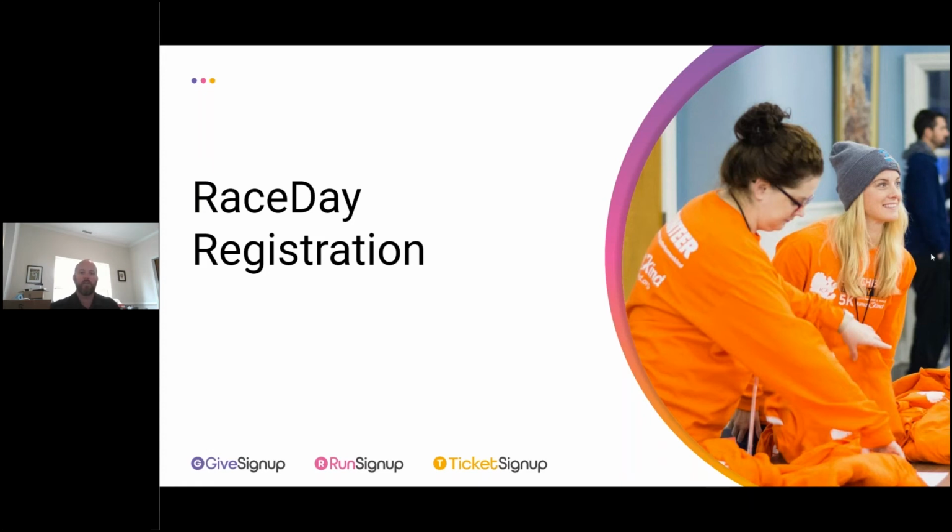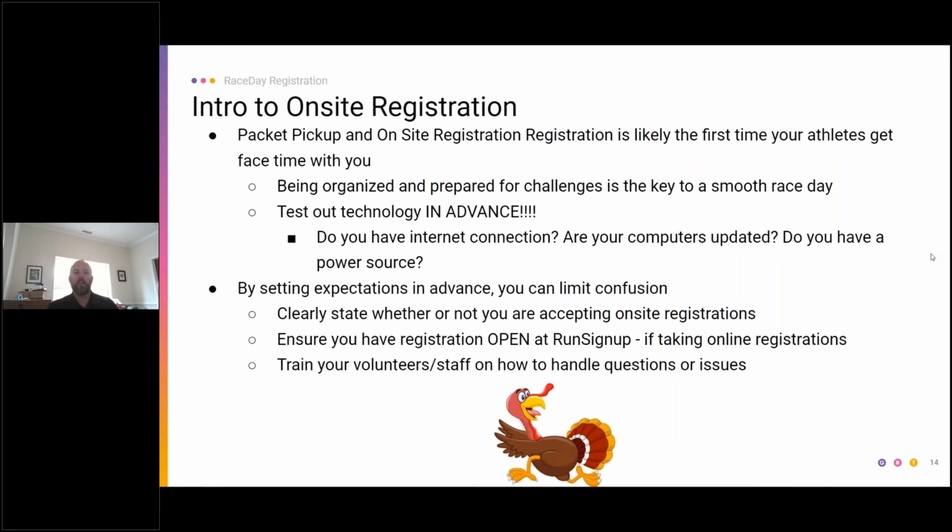So race day registration. Here's a little intro to on-site registration, and that is, packet pickup and on-site registration is likely the first time your athletes get to see you. And so it's really, really important to get all this set up correctly. And we on the race day team laugh because we say this so much, and that is: test things